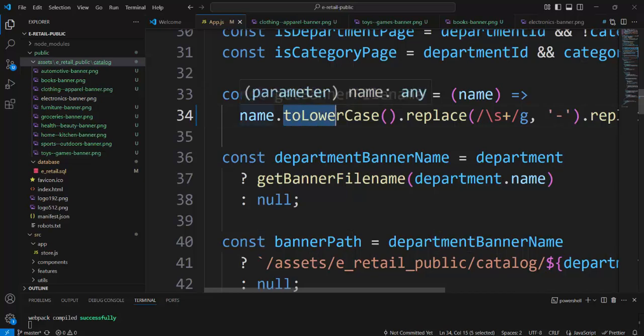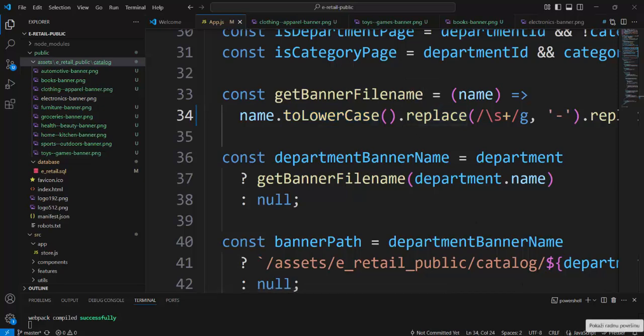And all goes to lowercase, because JavaScript is case sensitive, and it is the first thing we must do. Lowercase, and then replace this sign with the dash,